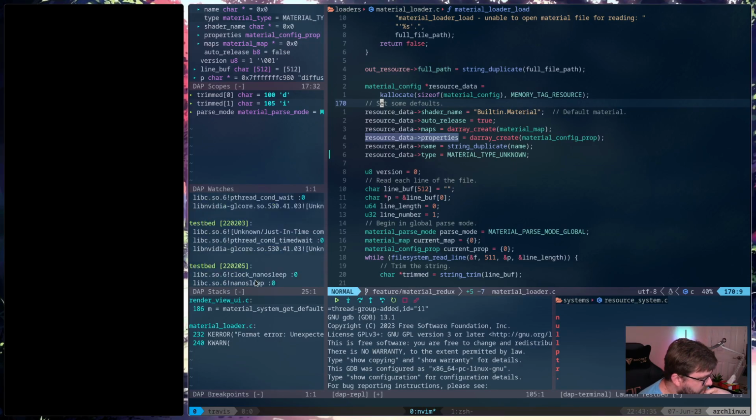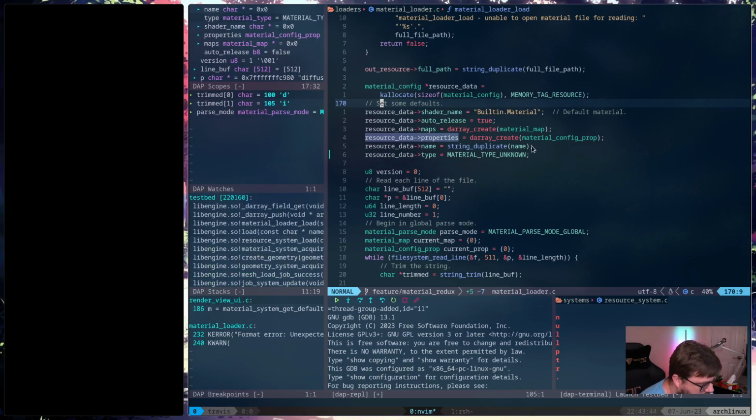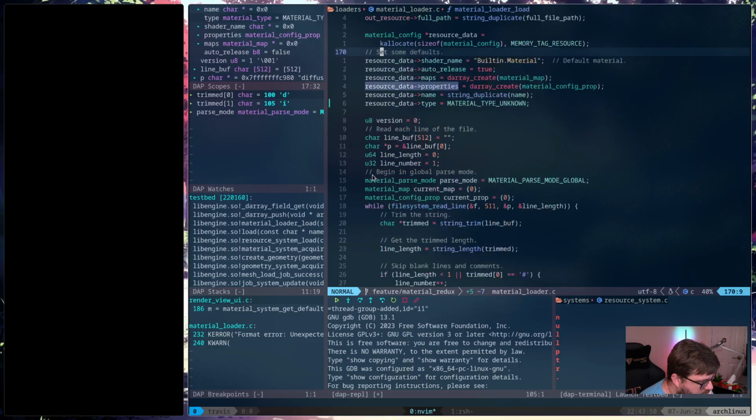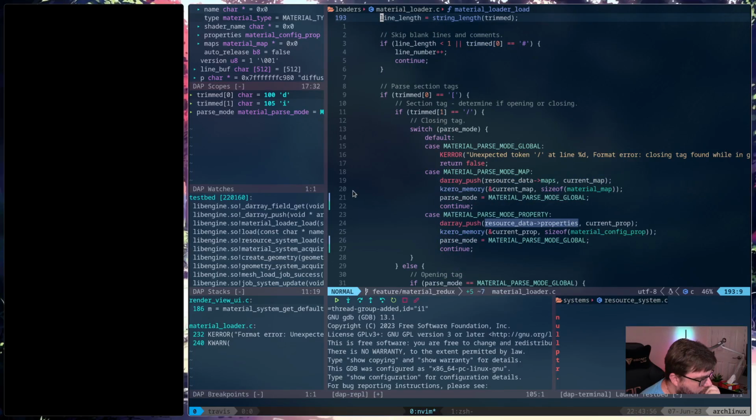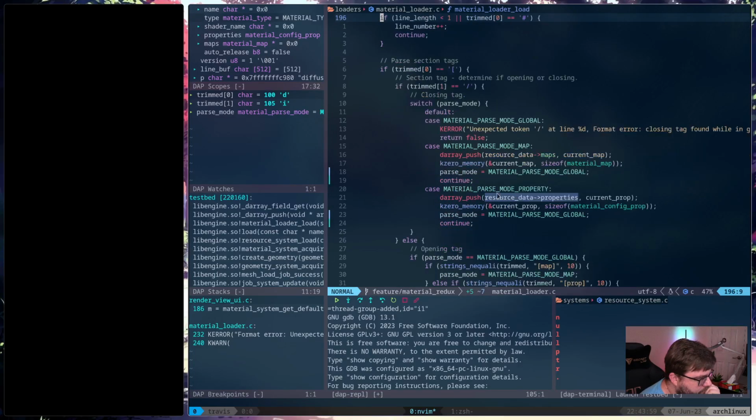And I don't even think it's actually... This isn't even a threading issue. This is happening on the main thread. So I think the only zeroing of memory that we actually do in here is just of the current map and current property.